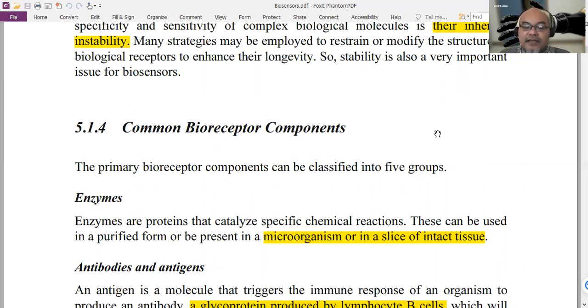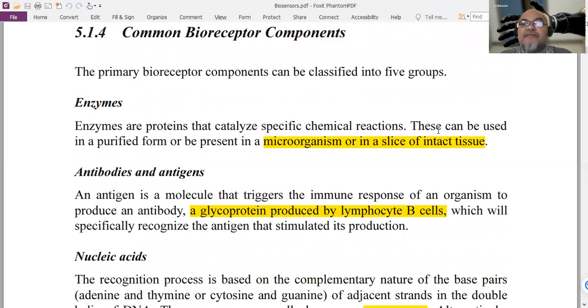And during that reaction, some physical parameters will change. For example, if there is electron change or ionic exchange, this can be captured or tapped using electrodes. And this includes enzymes as well as whole-cell microorganisms, bacteria for example, that contain the enzyme, or even whole tissue, a slice of intact tissue, which contains